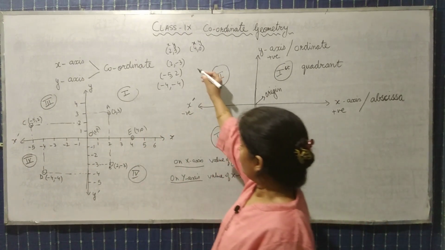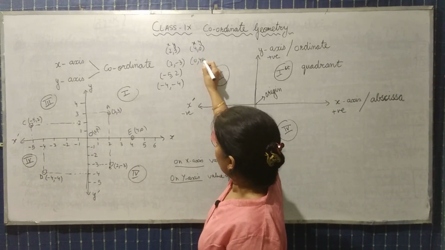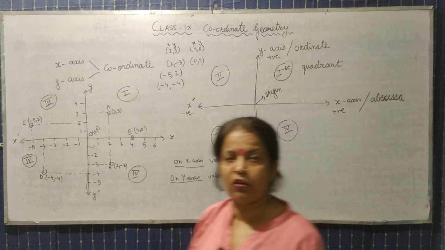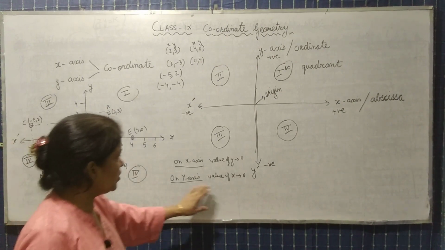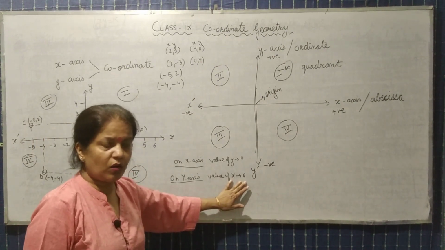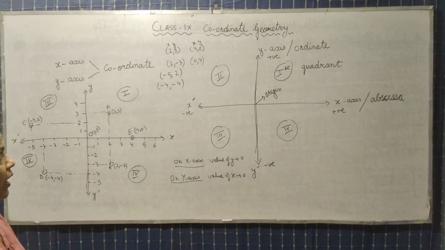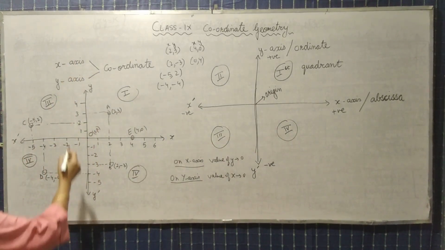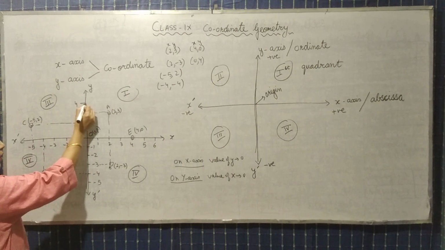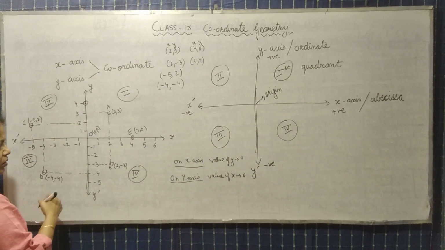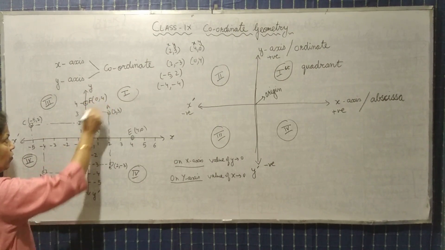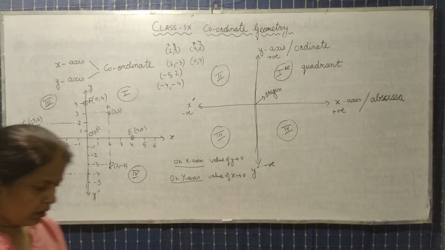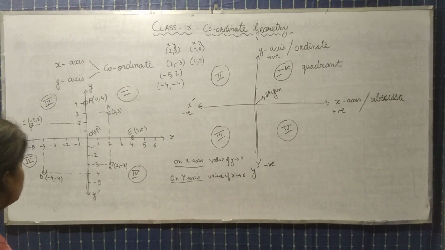Okay. अब इसको reverse में ले लेते हैं 0, 4. If we have to plot 0, 4, x is 0. तो x 0 कहाँ होता है? y axis पर. And y value is 4. So y value 4 ये रही and x value is 0. So we will name it like 0, 4. Have you got it?